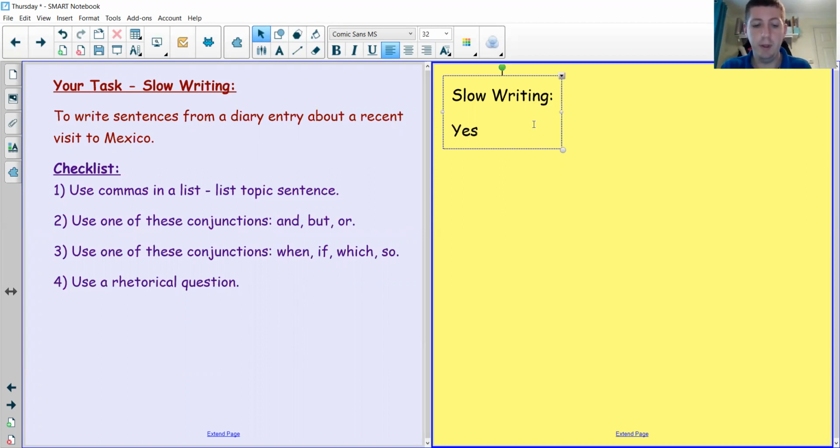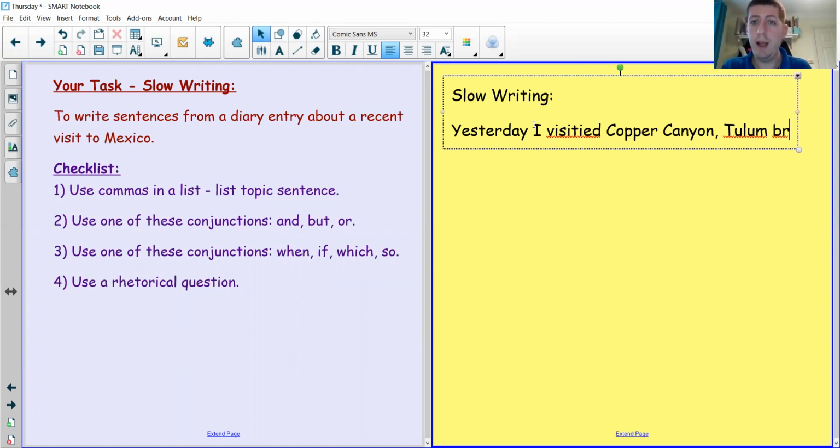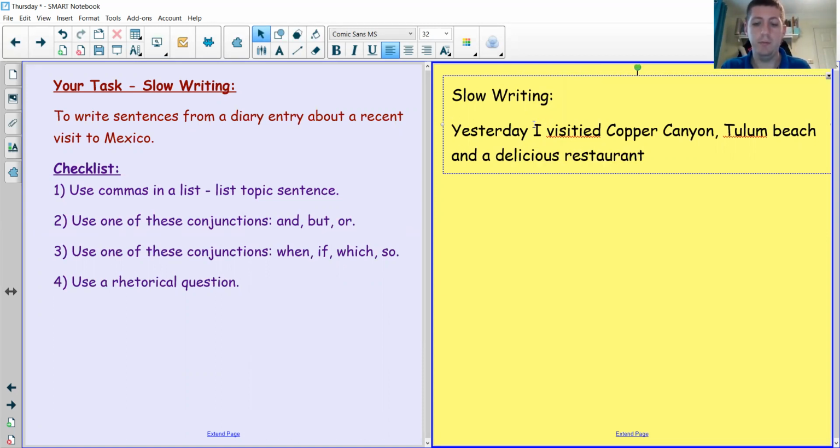So I'm going to say, yesterday I visited Copper Canyon, comma, Tulum Beach, and a delicious restaurant. My full stop at the end. So I've got, whoops, I made a mistake there. I've got a comma after Copper Canyon to separate the 3 things in the list: Copper Canyon, Tulum Beach, and